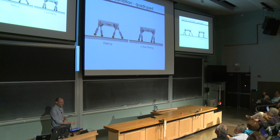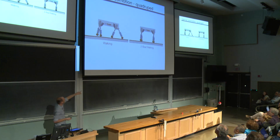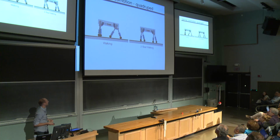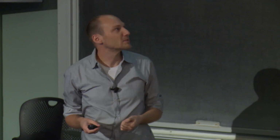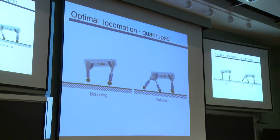We then got ambitious and played around with quadrupedal models. Then we made the 2-beat walk, that is actually something artificial that so far we haven't seen in nature, but I'm pretty sure sometimes I give this talk and someone will say, oh, there's this breed of horses that do exactly this. We can do tölting on the left side. That's a gait that Icelandic horses are doing. We can find trotting, which is the more common medium speed gait. And then we looked at bounding, sort of the motion that a squirrel does, and then galloping,